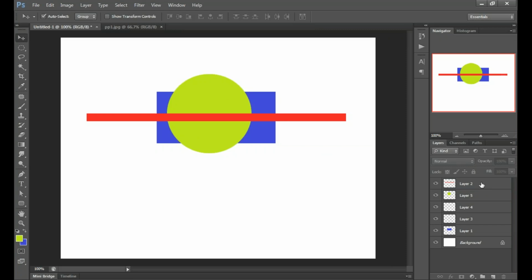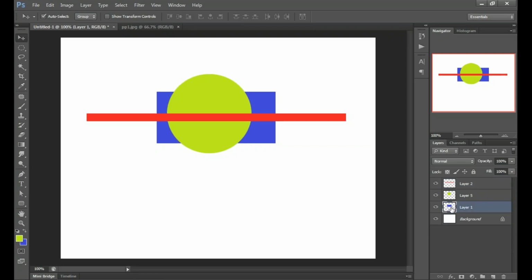Okay. We have layer 4 blank. It's a blank layer. We have nothing on that layer. We can delete it from here. We will select that layer and press delete on our keyboard, and it will be erased. Okay, now we have only 3 layers: layer 1, layer 5 and layer 2.